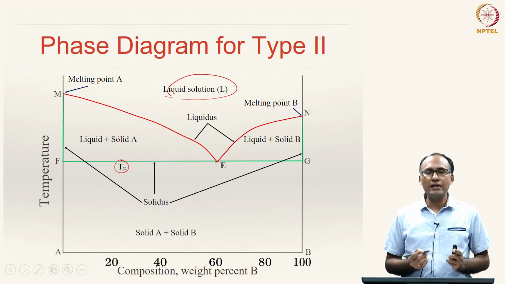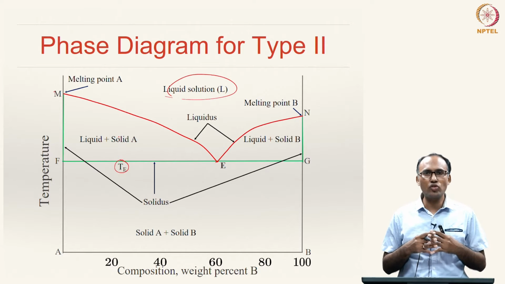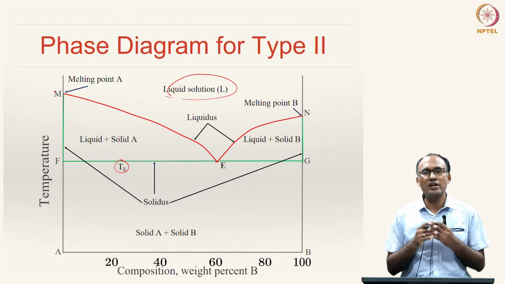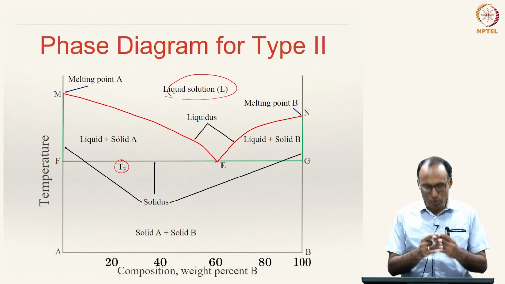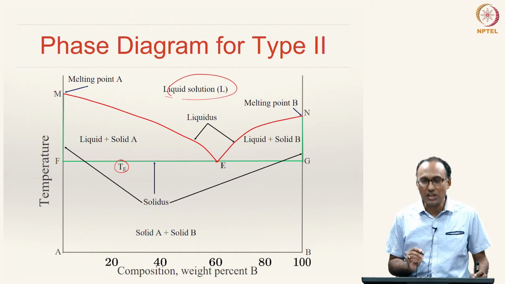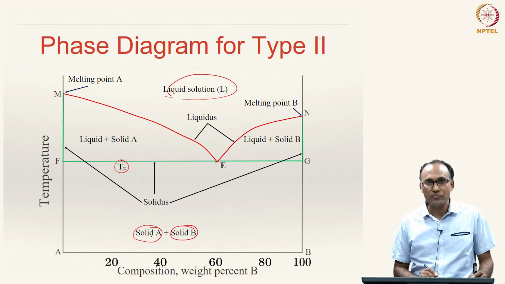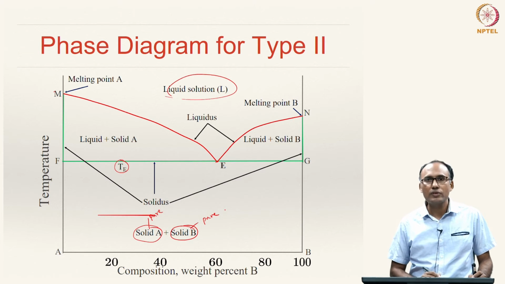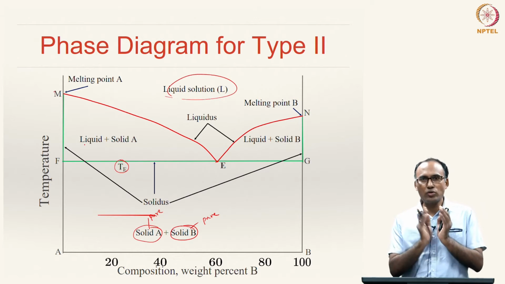Since in the solid state the materials A and B cannot mix, that is, there is no solubility of A in B and B in A, in the solid state they cannot be called solid solutions, because they cannot dissolve in one another. So, in the solid state we will not have solid solutions, but pure solids. That is why we are not representing the solid phases with Greek letters, but we are writing solid A and solid B. It is not a solid solution, it is pure solid A and pure solid B.